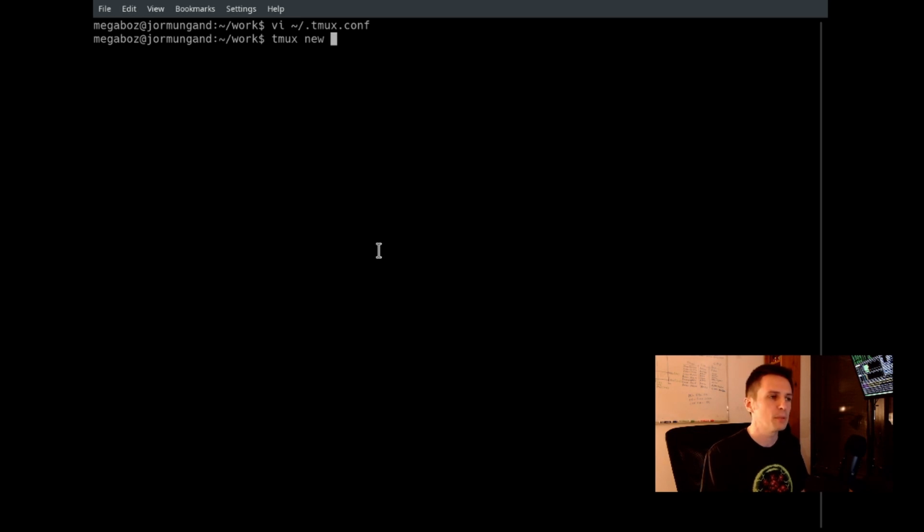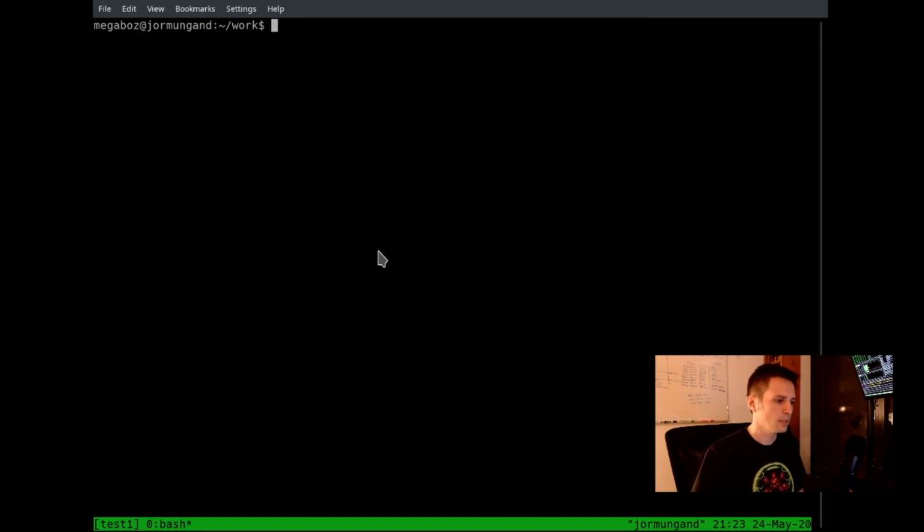So you'll want to name them something different so you can reconnect into different sessions. So you'll do -s and then the name of the session. So I'm just going to do test1, for instance. Boom. Okay. So once your tmux is running, the first thing you're going to notice is down at the bottom